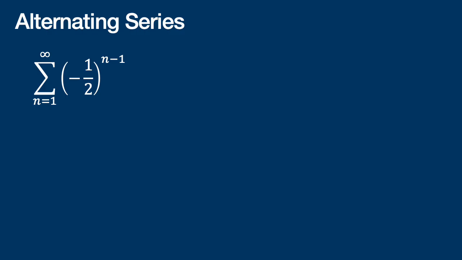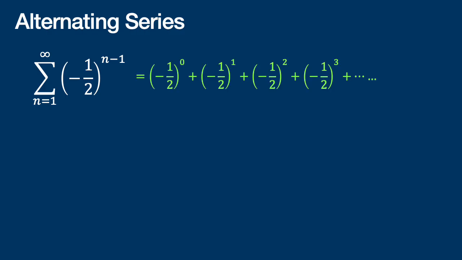So I expanded this sigma: n equals 1, n equals 2, n equals 3. n equals 1 means the power is 0, negative 1 to the 0 power. n equals 2 means 2 minus 1, the power is 1, negative 1 to the 1. n equals 3, you plug in the 3 there, that's 3 minus 1, the power is 2,